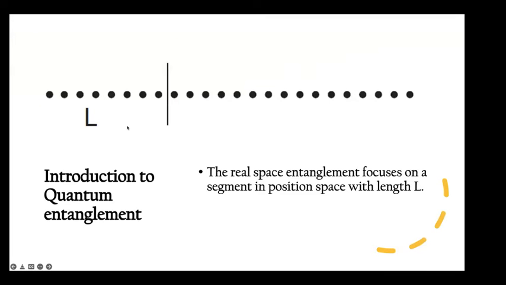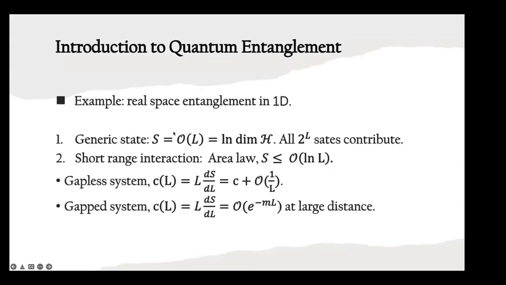In the literature, the most well-studied example is the entanglement in the natural real space used to define the many-body system. For example, in one-dimensional cases, the Hilbert space consists of discretized digits along a line, and you may integrate out part of it, and then you get an entanglement entropy, which depends on the part of the region we would like to keep. This quantitative behavior is well known.